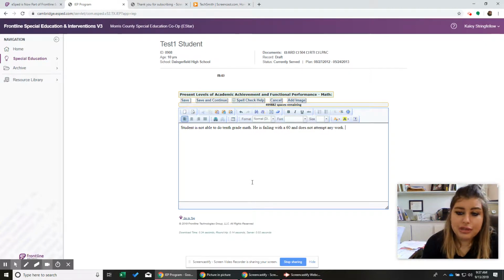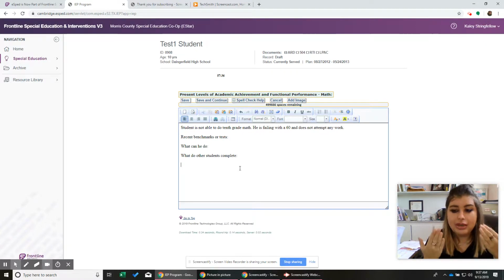So you're gonna want to know on recent benchmarks or tests: What can he do? What are other students able to do? So this would be your strength. And then what is that one skill?